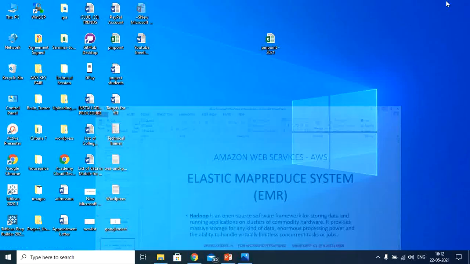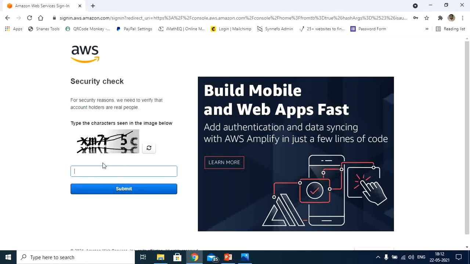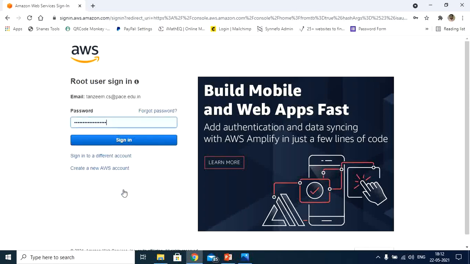What you can do is go directly to your Amazon account. The moment you hover over to the login address, you have to provide the credentials. Let me provide the credentials first. Then provide the captcha so that you can log in using Amazon Web Services. After a successful login, you will get the dashboard where you can see more than 175 services offered by Amazon.